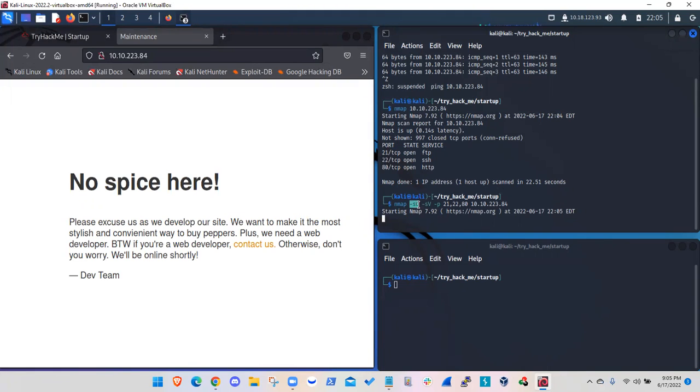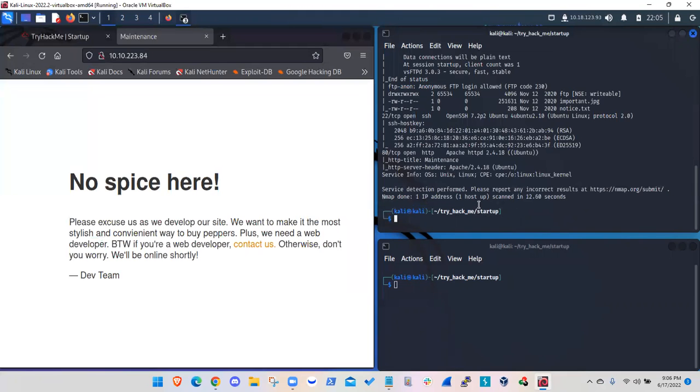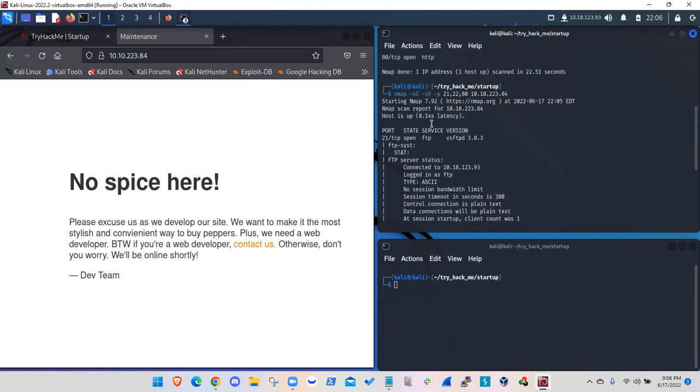I used -sC to perform a script scan, -sV to scan the versions of the services running on the server, and I ask for 3 ports,